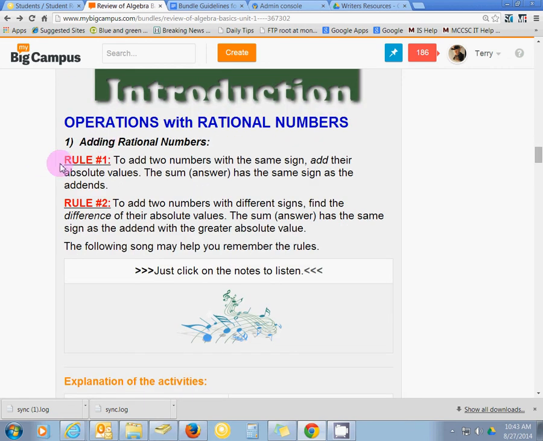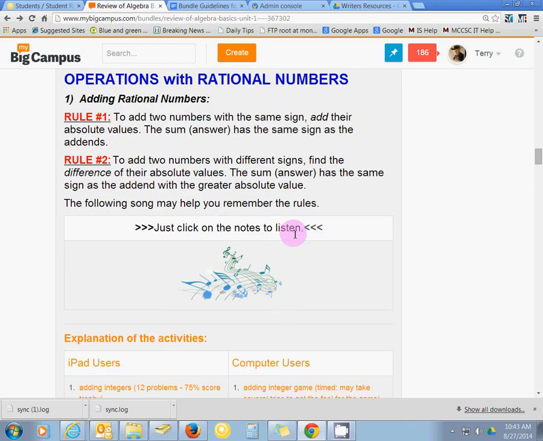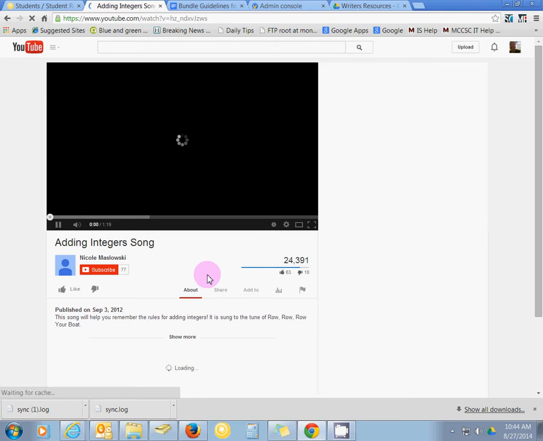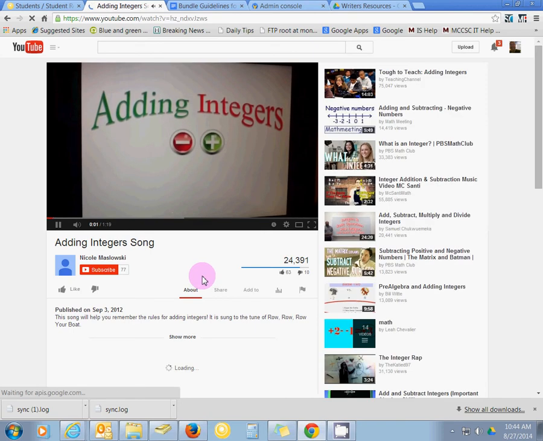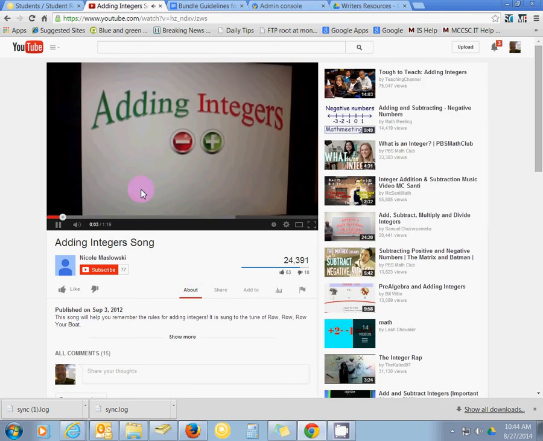Also, again, you'll see more organization here. It, again, looks like a textbook. Now here we have the following song may help you remember the rules. And so we can click on the notes to listen. So there's instructions here. And again, trying to make it look nice. And so we have a video